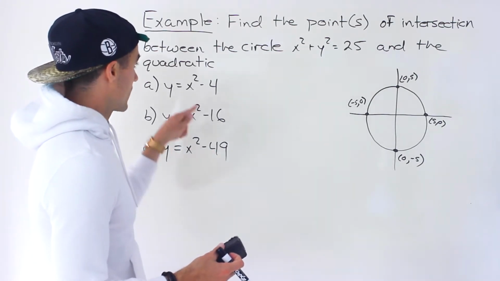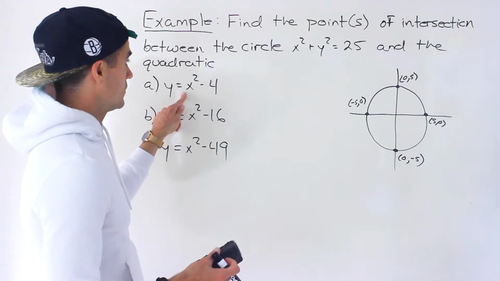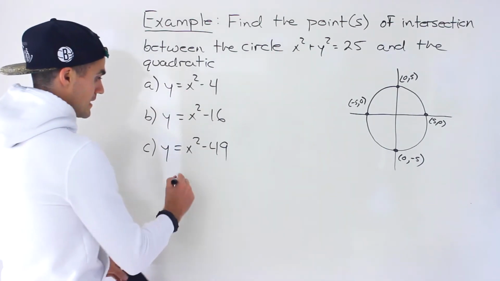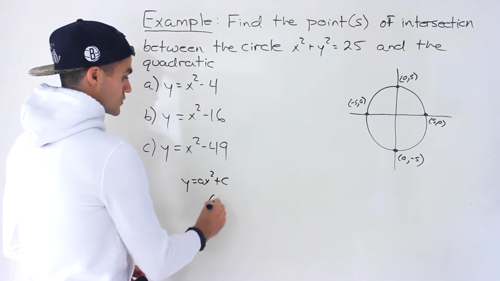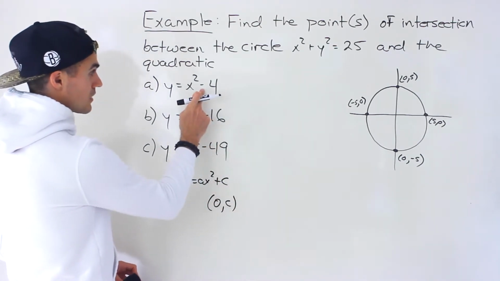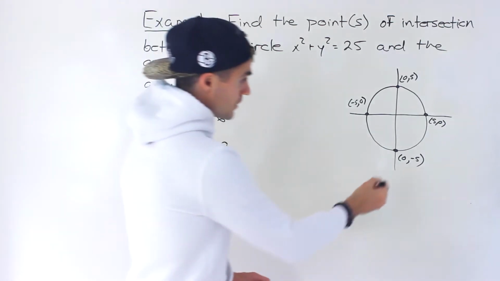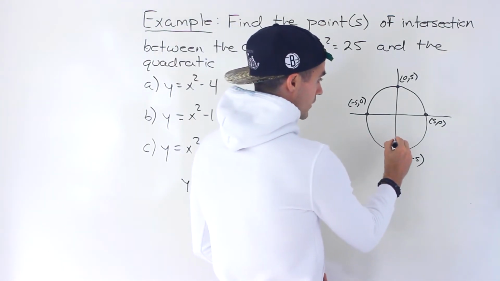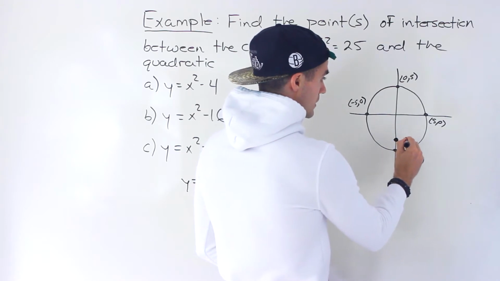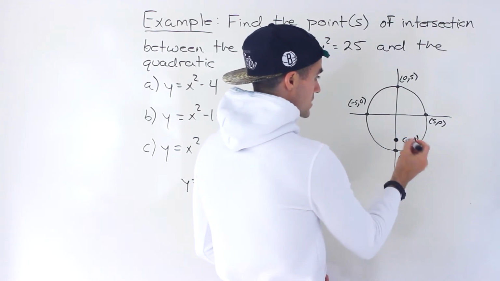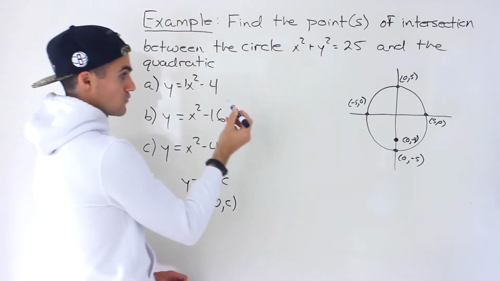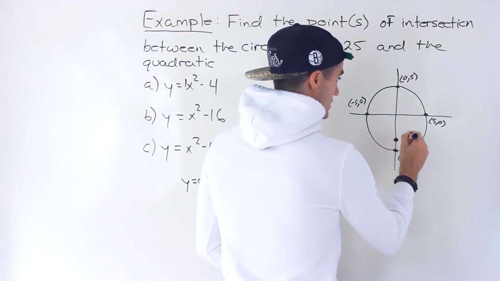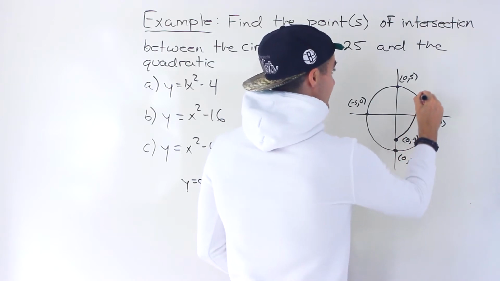So if I take x squared minus 4, notice that here it's in that ax squared plus c format. We always know the vertex is going to be at 0 and c. So notice here the c value is negative 4. Where's negative 4? Well, negative 4 is like right here. So right here is going to be the vertex of this quadratic, and it's going to open up because we have a positive 1 here. And so if this opens up, well, we could tell